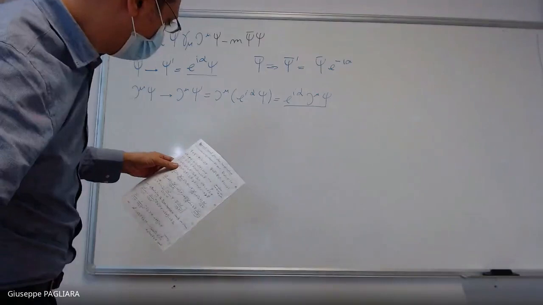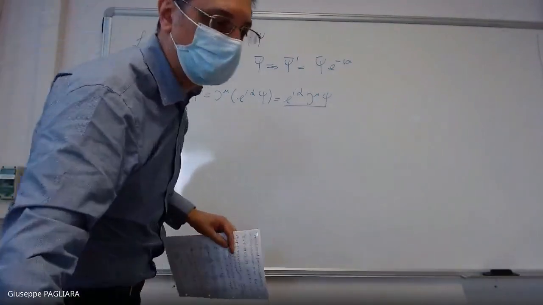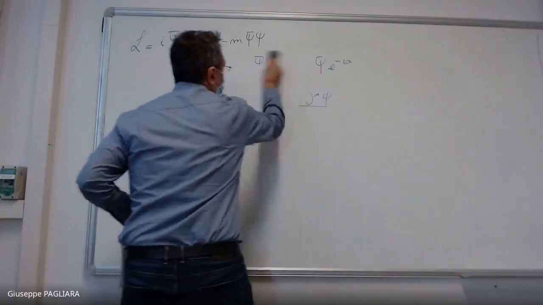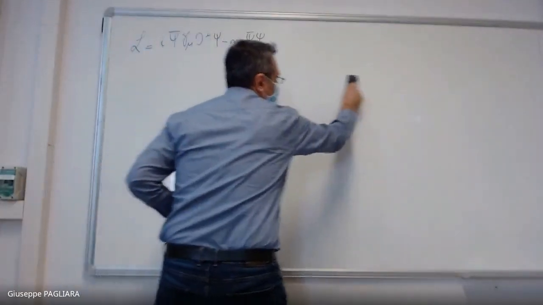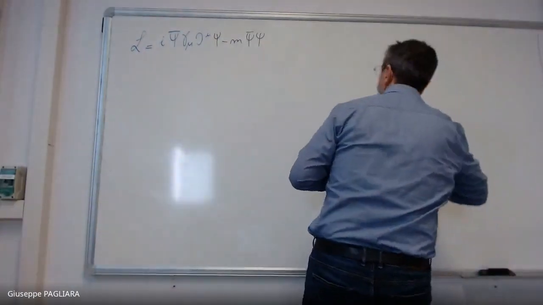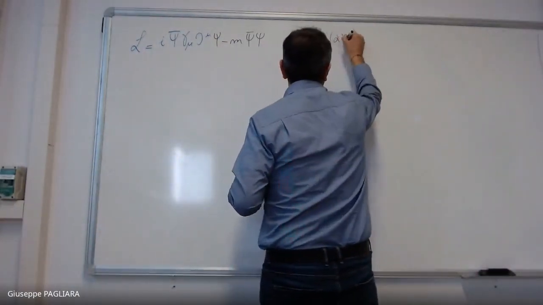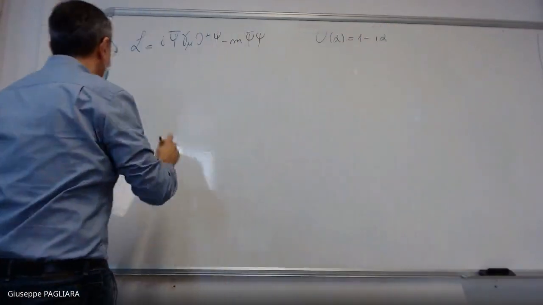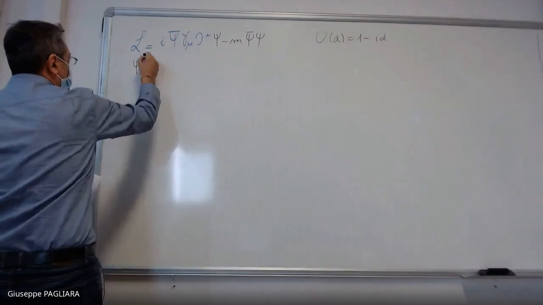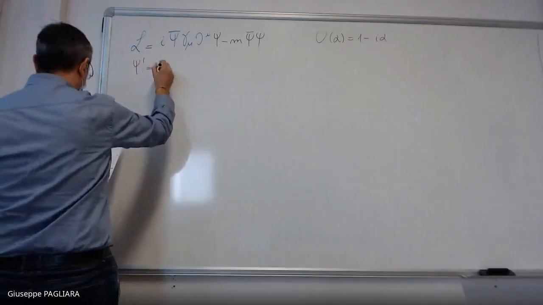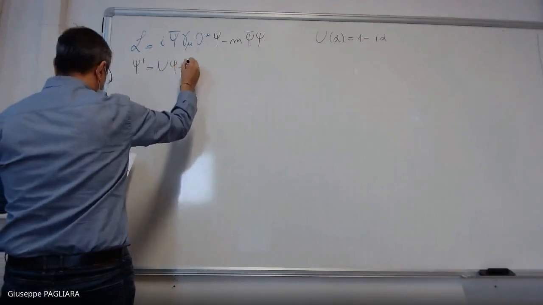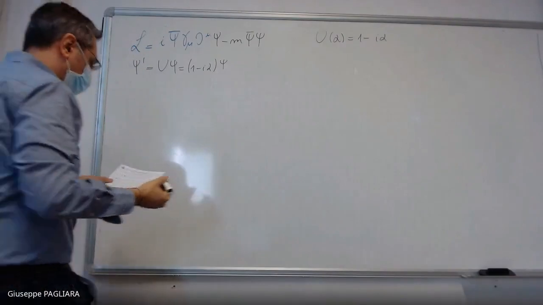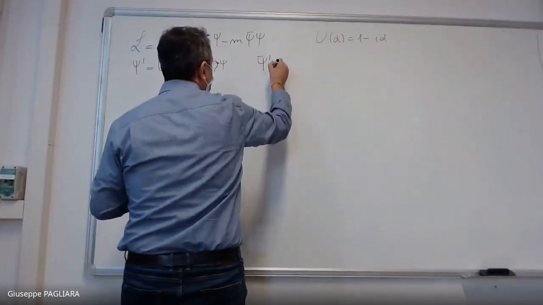Let's do this because it is now an infinitesimal transformation. So our U alpha is now of the form 1 minus I alpha. Let's start again. Our transformed field is going to be U psi, which is 1 minus I alpha psi. About the adjoint,